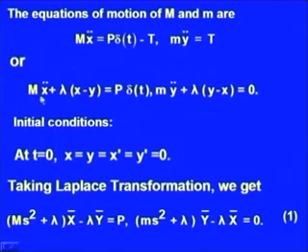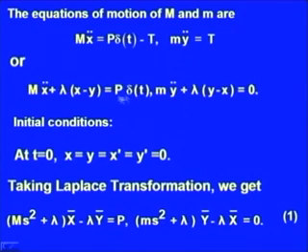So, the Laplace transform of this will be m times s square x bar minus s x(0) minus x dash(0). Making use of the initial conditions x(0) equal to 0, x dash(0) equal to 0, after taking the Laplace transform of this equation, we shall have (m s square plus lambda) times x bar minus lambda times y bar equal to p times L of delta t, the Laplace transform of